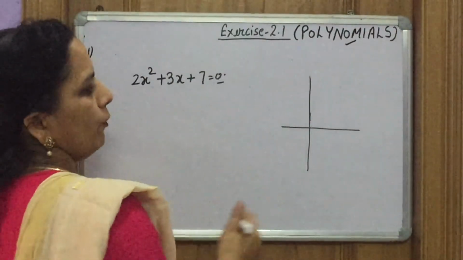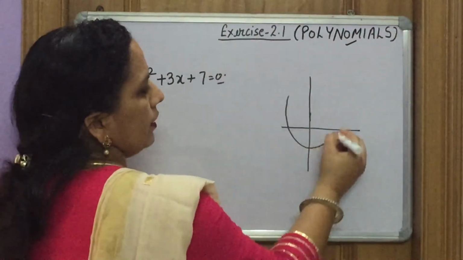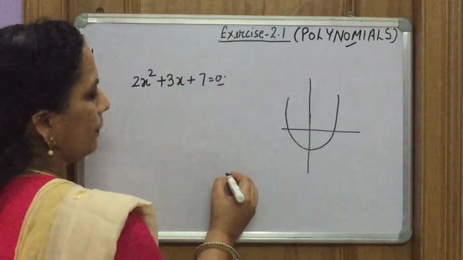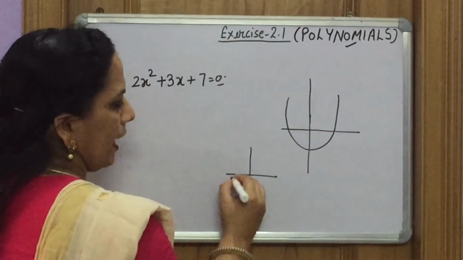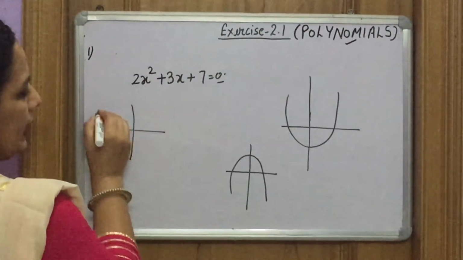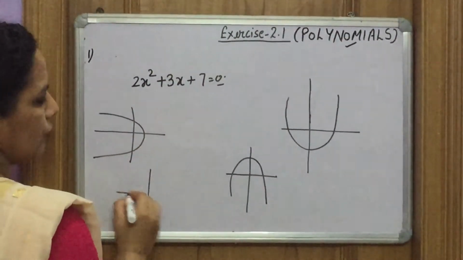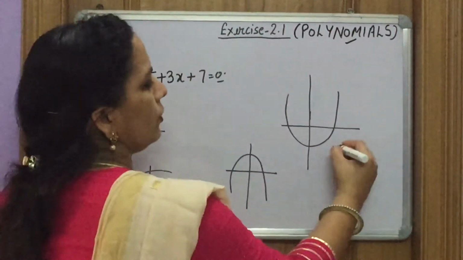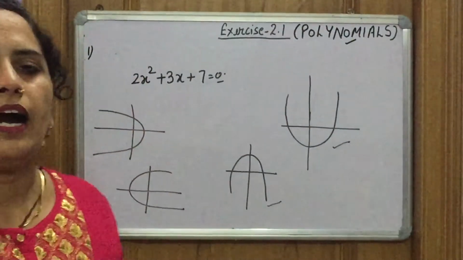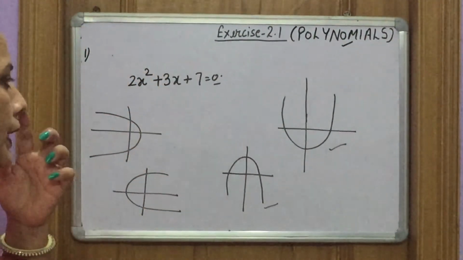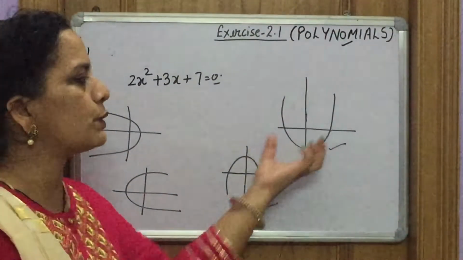We have 4 types of parabola. First type is when it opens upward. Second will be when it opens downward, and third will be when it opens on the left hand side, and fourth will be when it opens on the right hand side. Here we will discuss about these two types. In our first exercise, we have a question of this type. Find out the zeros of this parabola.